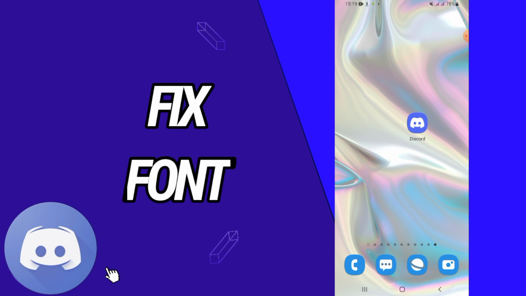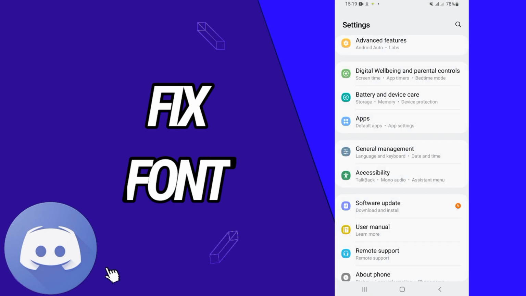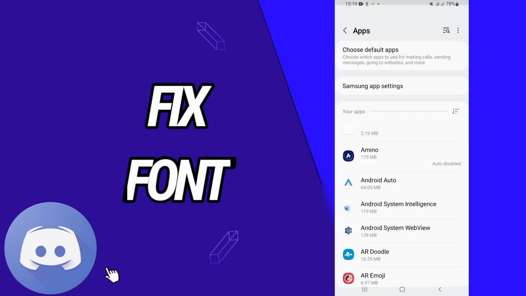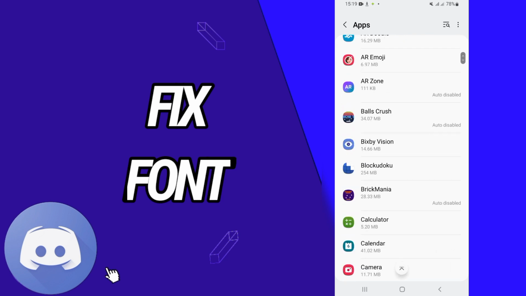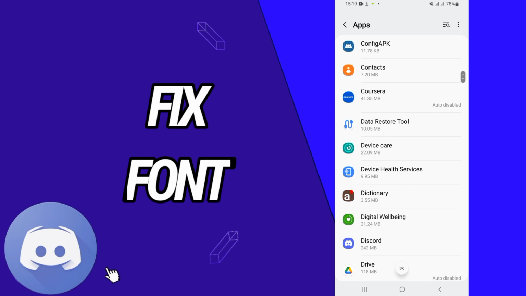So let's start. First, you have to go and open the settings of your phone. After this, go to apps. Here you will find all the applications that you have on your phone, so you will search just for Discord. When you find Discord,